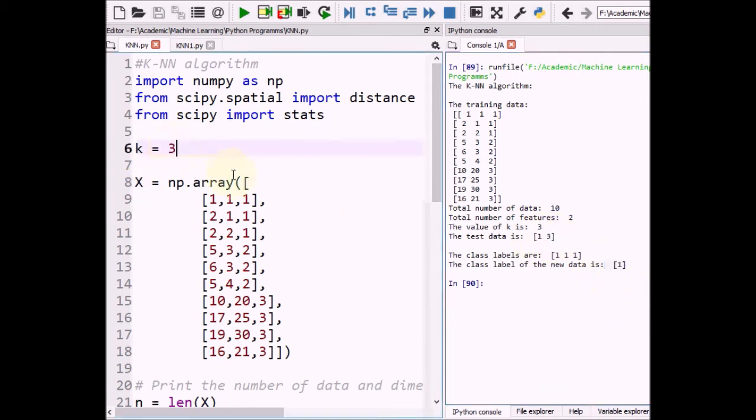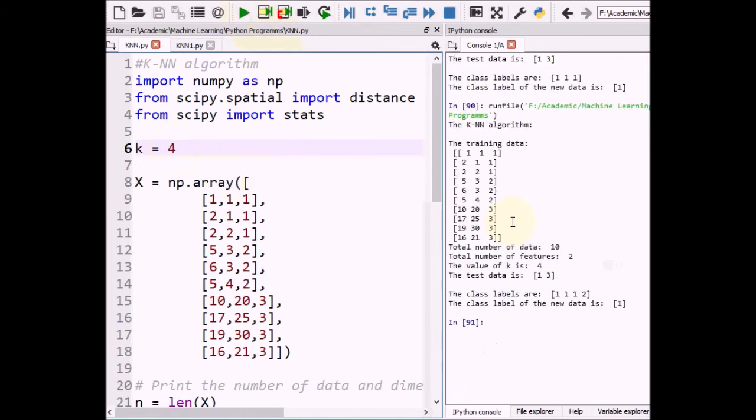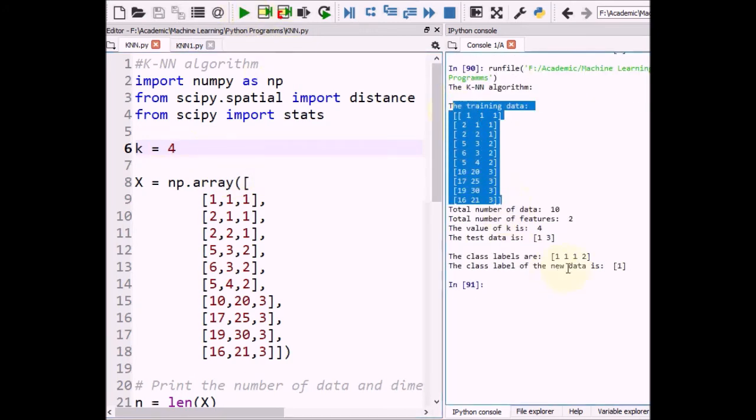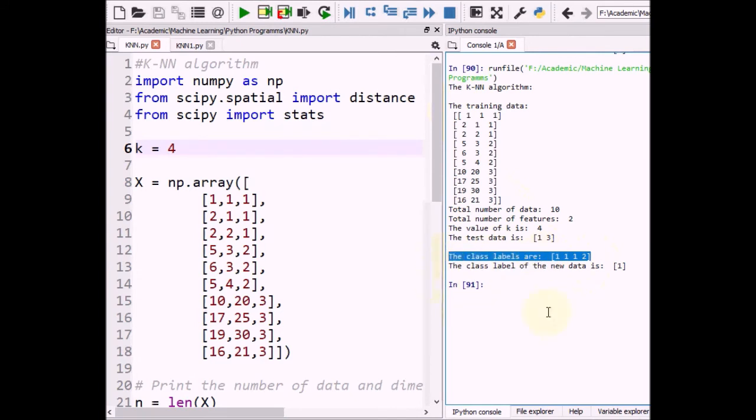Now if the value of k is 4 and you execute it, we can see the class labels are 1, 1, 1, 2. Using majority voting, the mode value is 1, hence the class label of the test data 1, 3 should be 1.